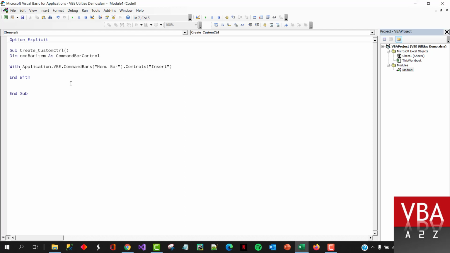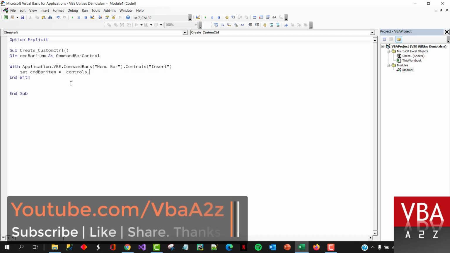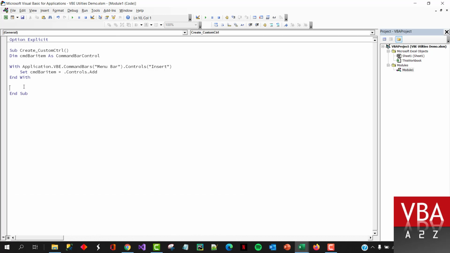Here we'll set command bar, and first we'll add one, and then maybe we'll convert this to a function. Now with this command bar item, we can specify the caption. Caption could be hello world,